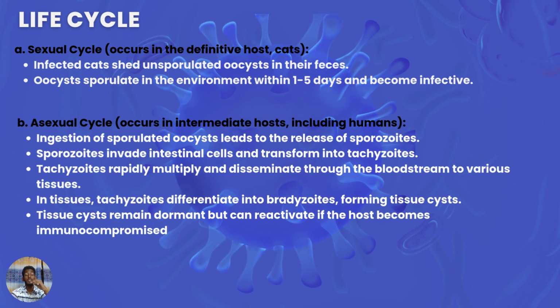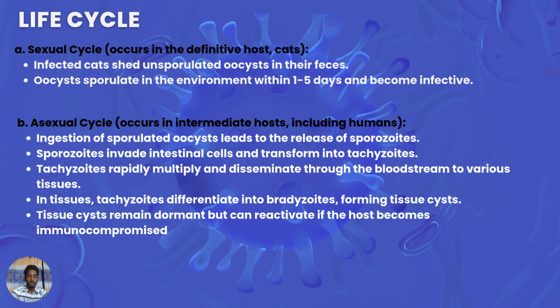Now, moving on to the life cycle. As I mentioned before, it has two life cycles: sexual and asexual. The sexual life cycle happens within the definitive host, where female and male gametes of the parasite meet and form unsporulated oocytes, right? Then, when these unsporulated oocytes are excreted into the feces of the cats, they become sporulated in the environment between 1 to 5 days and become